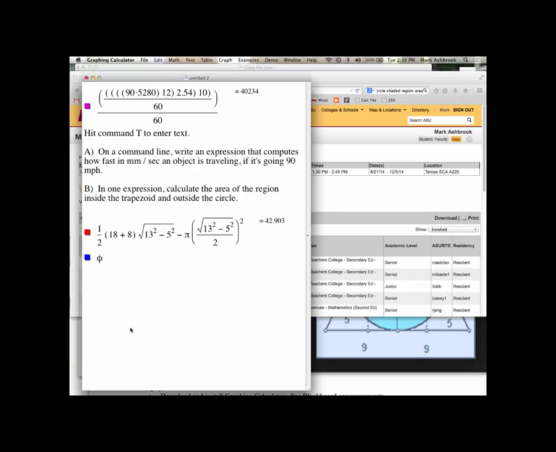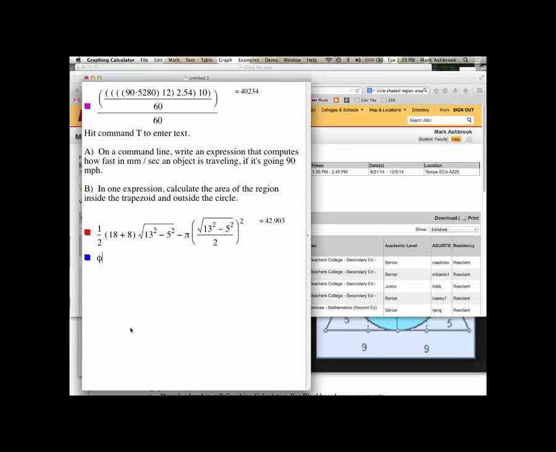Other things that are reserved: lowercase t for parametric, it's a parametric variable. We will be using that. E, pi, and i are reserved for their typical values in math. E is 2.718, etc., pi of course, and i is the square root of -1. And lowercase n, you've seen a lot of the animations that I've been building.